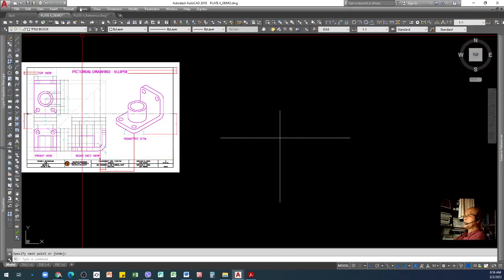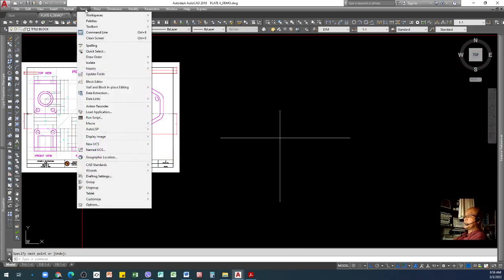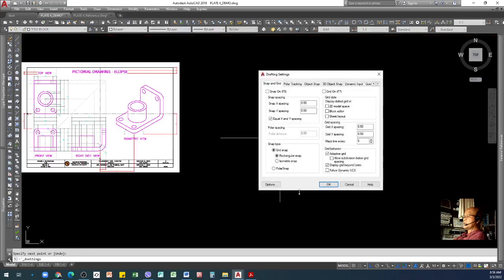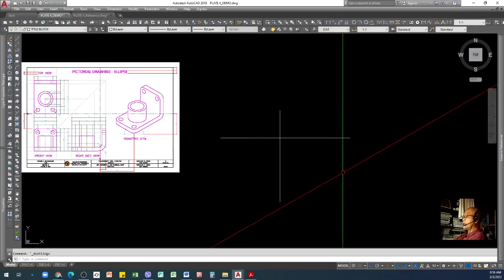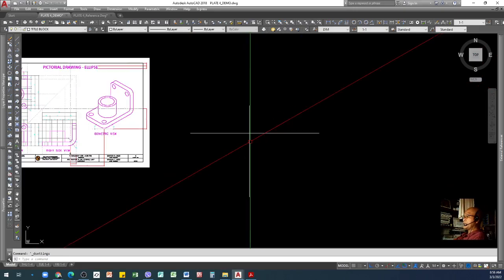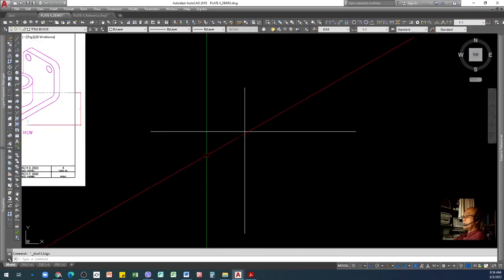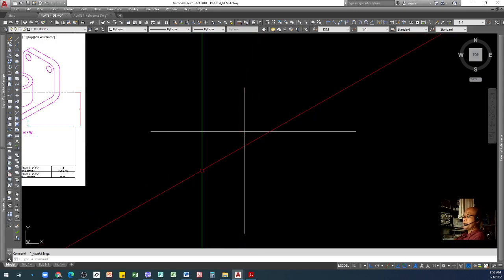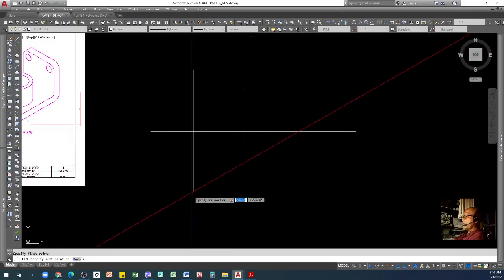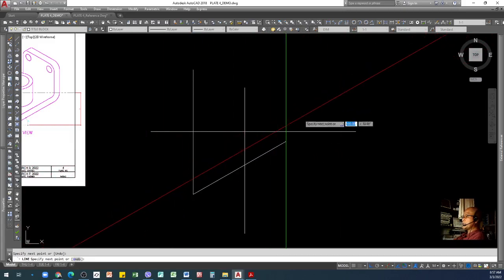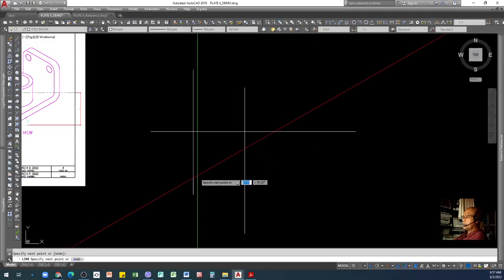So in order to do that, you go to tools, and then go to drafting settings, look for this snap type. You have an option rectangular snap and isometric snap. So since we will be using the isometric, click this one and then click OK. You notice that our mouse cursor changes in appearance. Meaning with this type of cursor, we can move if we lock on our ortho. Our line is limited to this direction only of the mouse cursor.